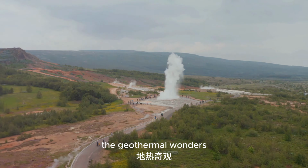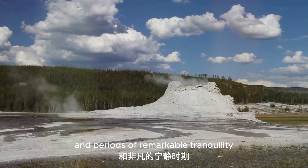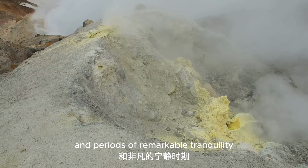We've explored the recent thermal activity that has shaken this land, reminding us of the sleeping giant that lies beneath. We've delved into the geological history of Yellowstone, uncovering a past marked by both fiery cataclysms and periods of remarkable tranquility. And we've contemplated the potential future impacts of this volcanic activity, acknowledging both the risks and the resilience of